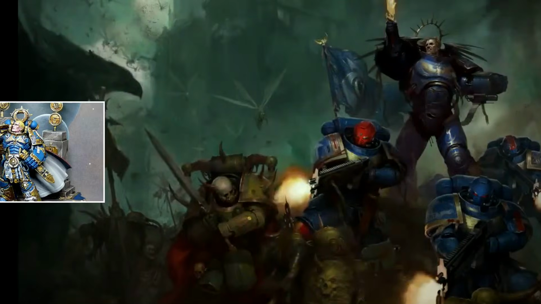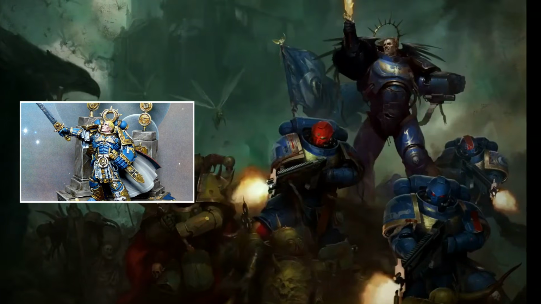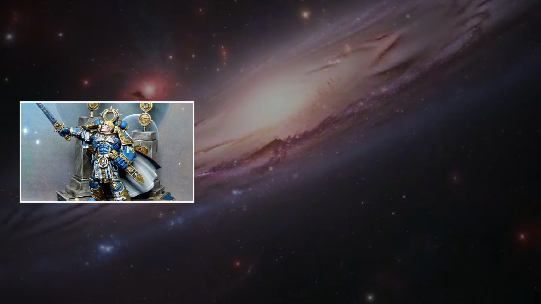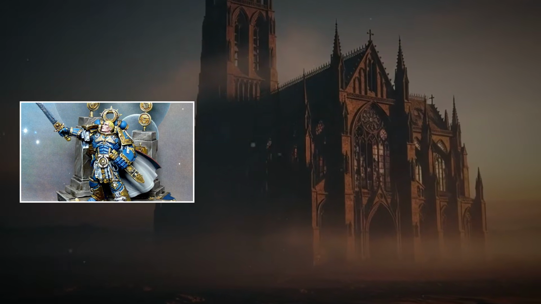His authority as a Primarch, while immense, was not absolute, and he often had to navigate a labyrinth of political intrigue and religious dogma to achieve even the most basic reforms, each struggle draining his resolve and highlighting the deep-seated rot within the Imperium's highest echelons.